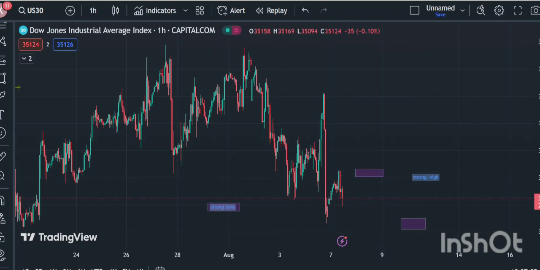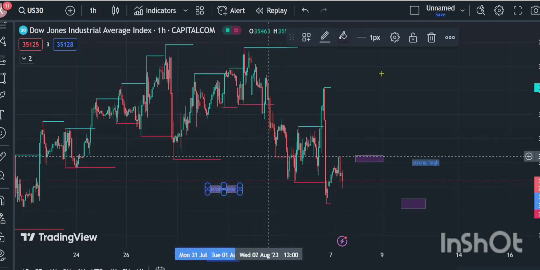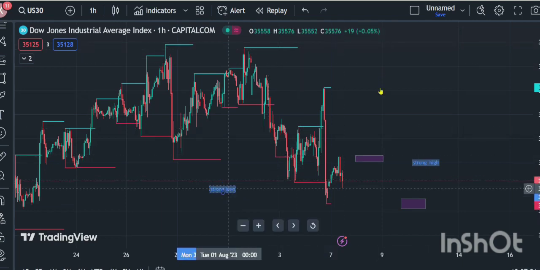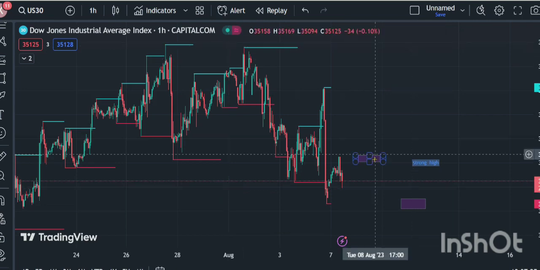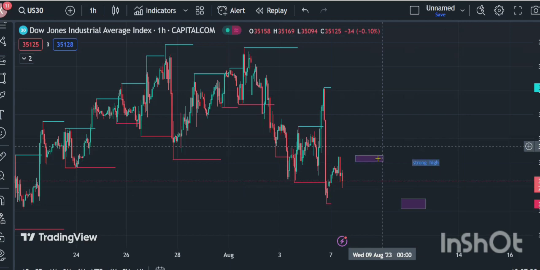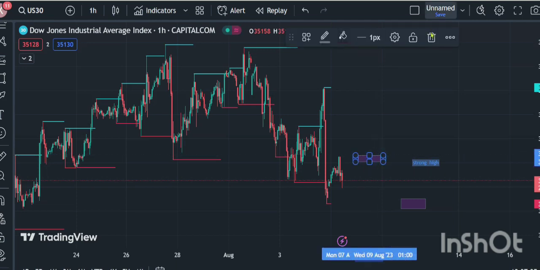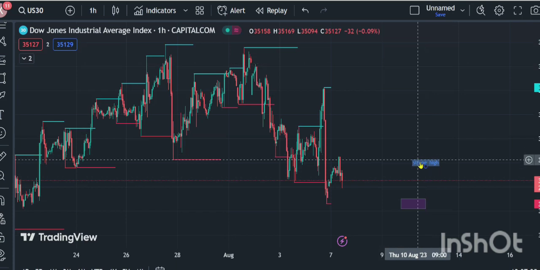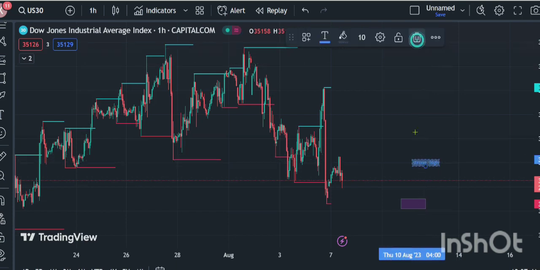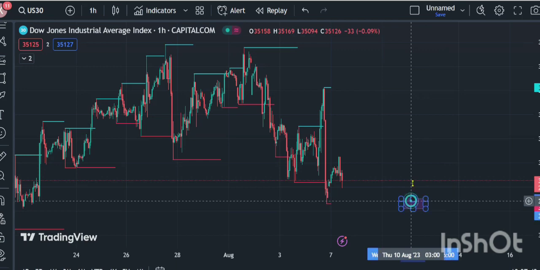Okay, so let me just place in my support and resistance. I'm sure you can see that we have an identification of our highs and our lows, our highs and our lows, our highs and our lows. So the only thing left for us here is to identify the strong side of the market and the weaker side of the market. We can use a lot of confluence. You can put in your support and resistance, or rather supply and demand. You can bring in other concepts to make sure that